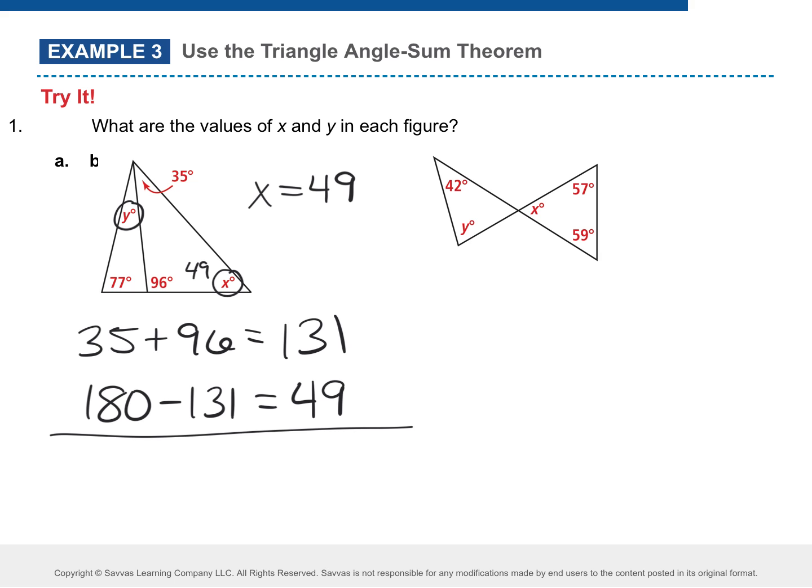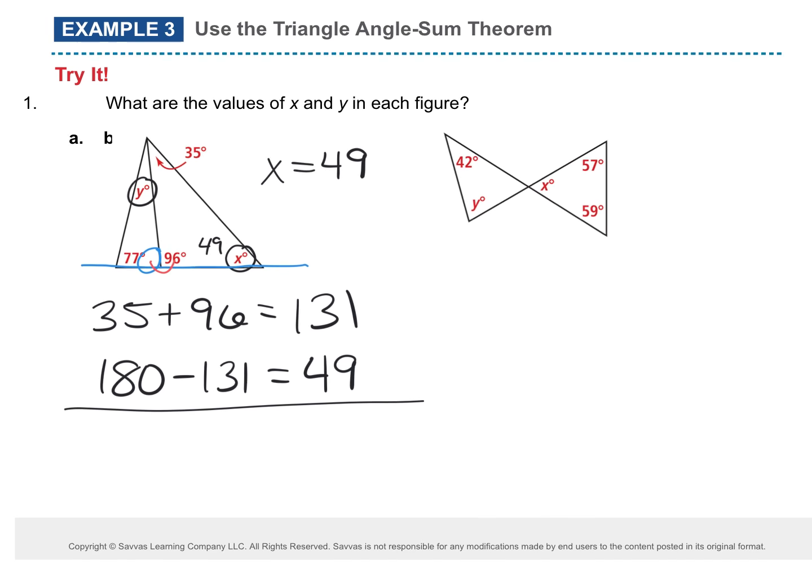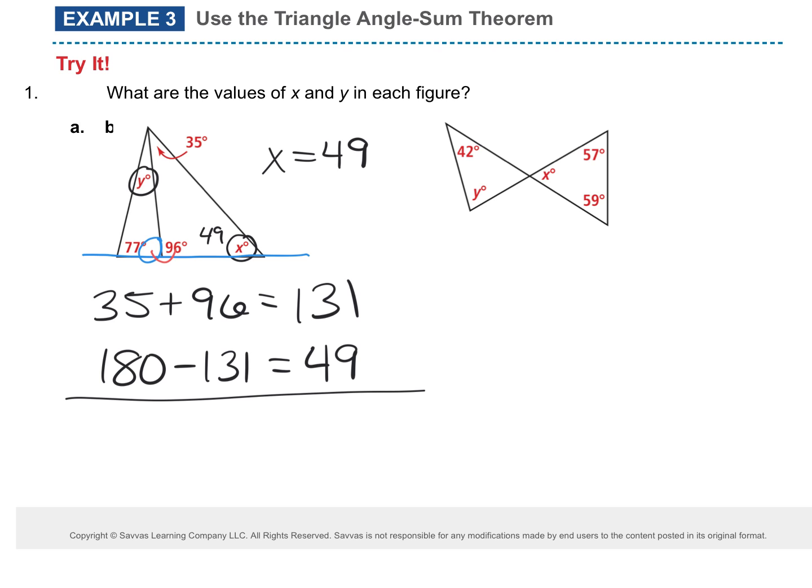What am I missing? I need to find this angle first, right? In order to help me find y, I have to find this angle first. So sometimes you need to find things in order to help you find the rest. How can I find this missing angle right here? Why do you say that? Because what kind of angles are they? Yep, they're adjacent angles. We know these two right here add up to 180, because they're right next to each other on that straight line. So then we take 180 minus 96 to give us